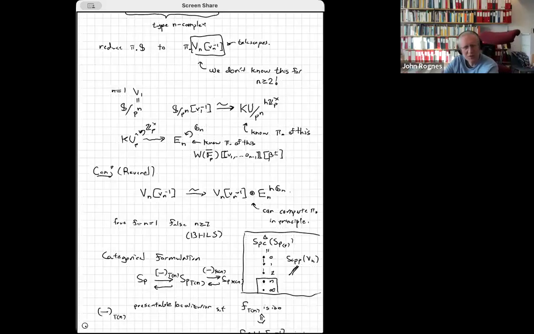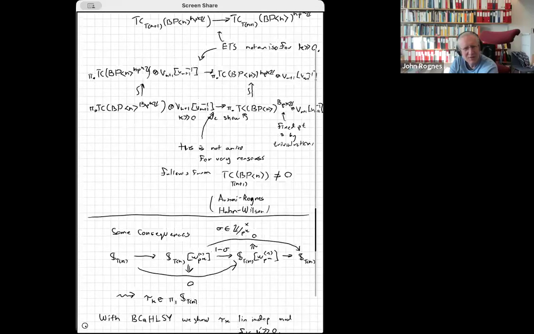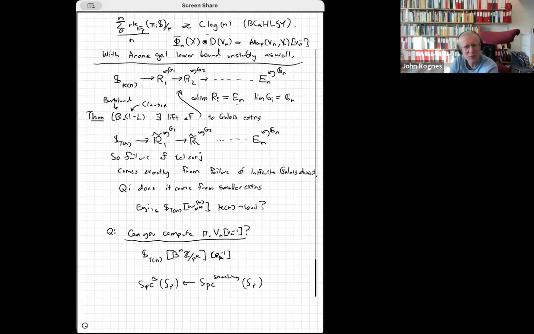Maybe I can ask. We know that the homotopy of the Tn local sphere and the Kn local sphere are different. But if you look at these, let's say R2 tilde and R2, or Rn tilde, if you pass to the homotopy fixed points for the Galois group, you're just back to the sphere case. But if you ask about the underlying map from Rn tilde or R2 tilde to R2 here,